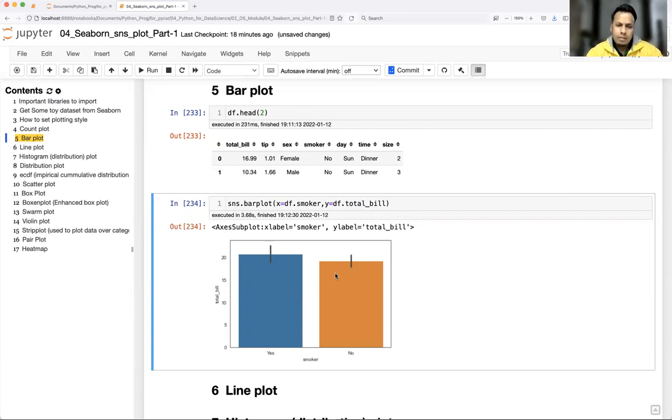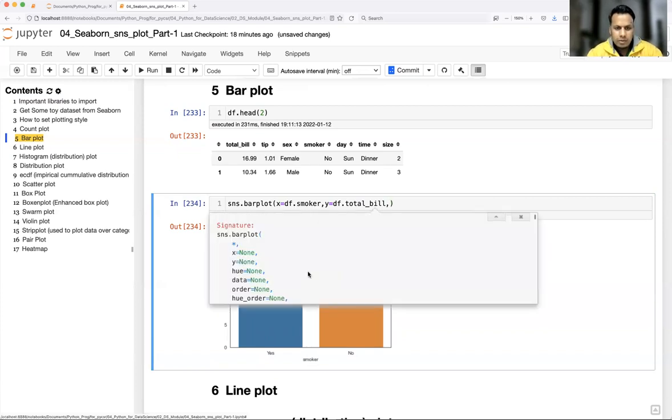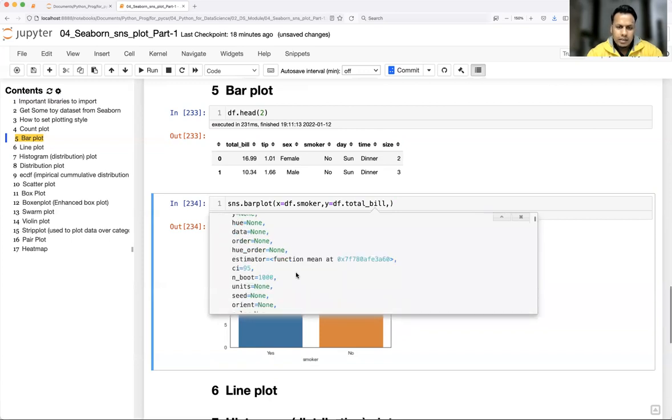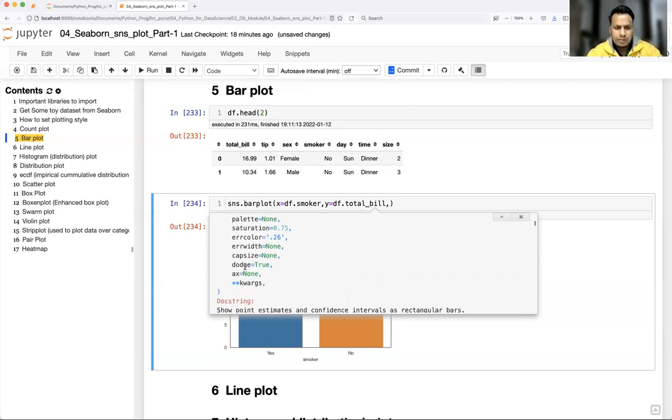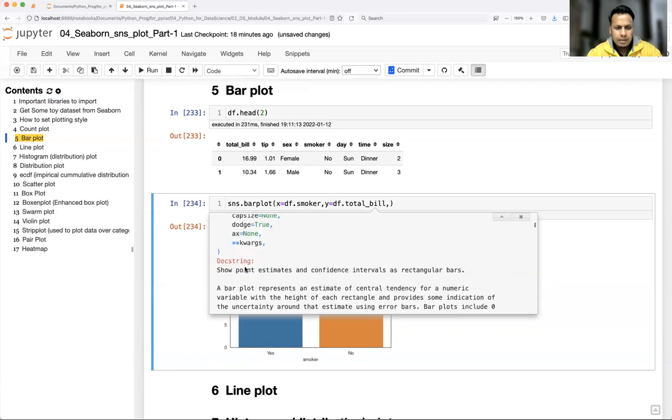And in the bar plot, whatever you see, right, this particular line, this is nothing but your error line. So if you see here, by default it shows. If you don't want to show, you can just remove it. Okay, so here there's something called error color, right? So you can just remove it by controlling the width. So I don't want to show the width, so you can just make it none or 0. So we see here,